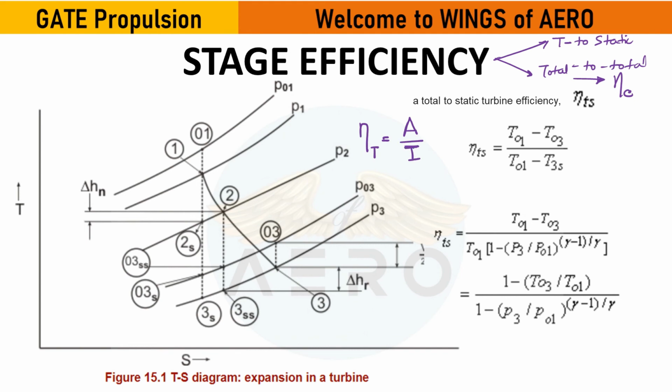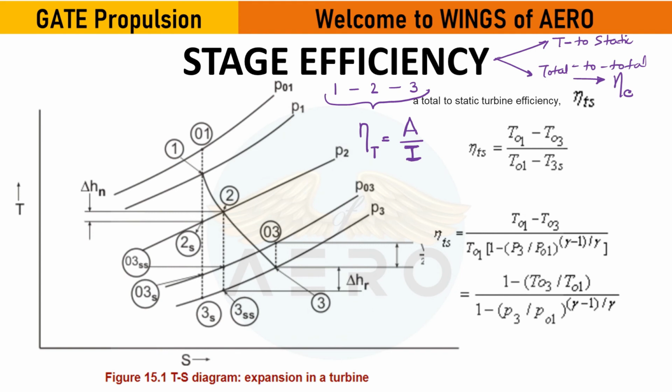Okay, actual by the ideal conditions. Now how does this actual and ideal conditions vary? It is all across the stages, that is, when the flow enters into the nozzle, then leaves from the nozzle, then exits out from the nozzle, that completes the process 1 to 3. So the change in enthalpy across the stages, one is ideal, another is the actual.